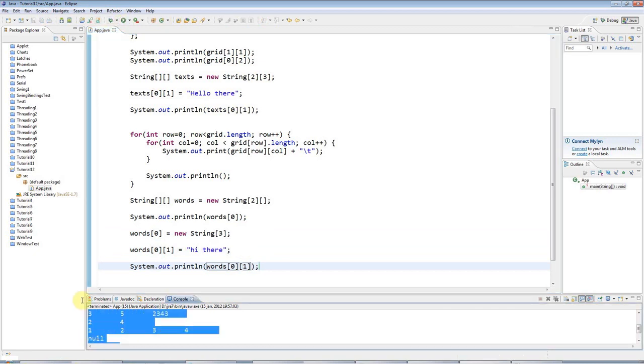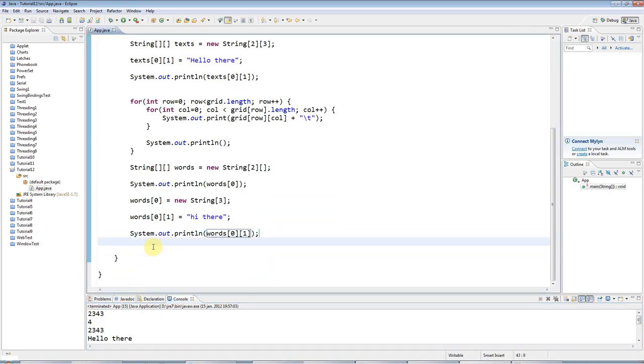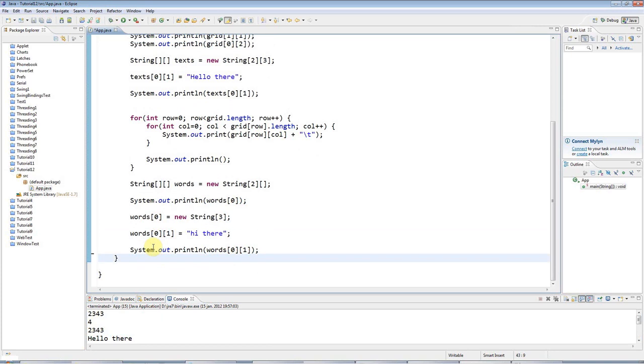So okay, that's it for this tutorial, quite complex, and in the next tutorial, unless I think of something else important that I haven't told you meanwhile, we will look at classes and objects,